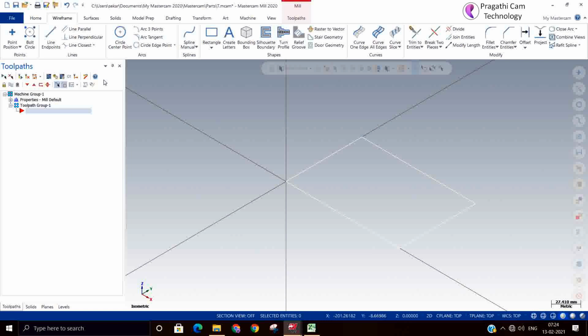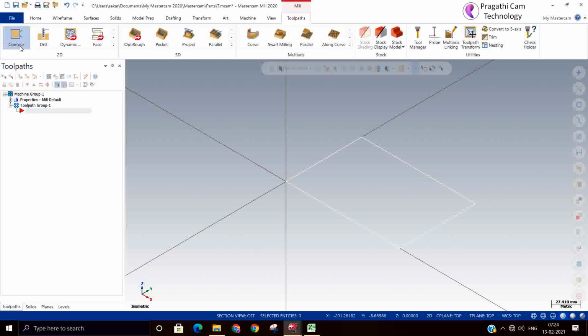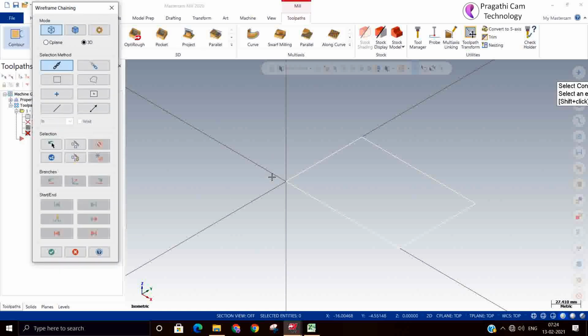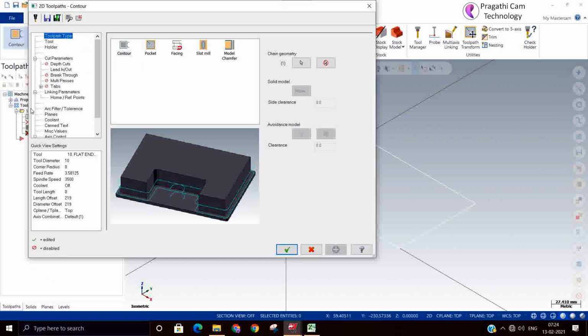Now we see common parameters. We'll take one small example of a rectangle and we'll do contouring. This is the first window. In this window you can see which toolpath you have selected, shown in gray.